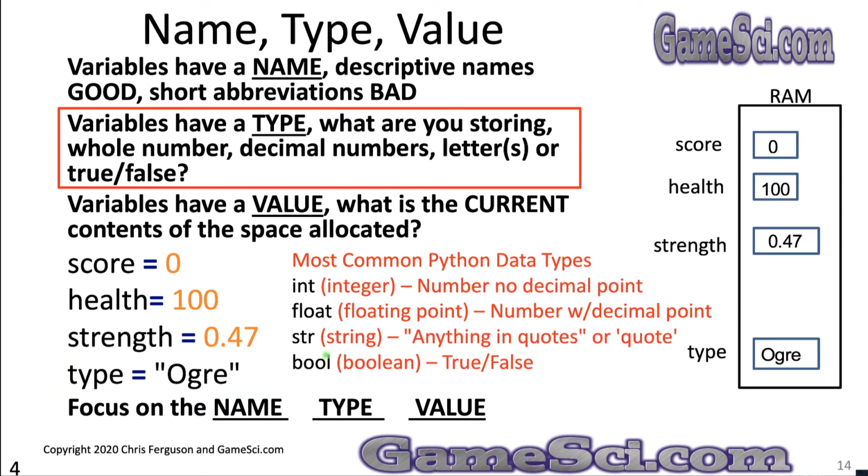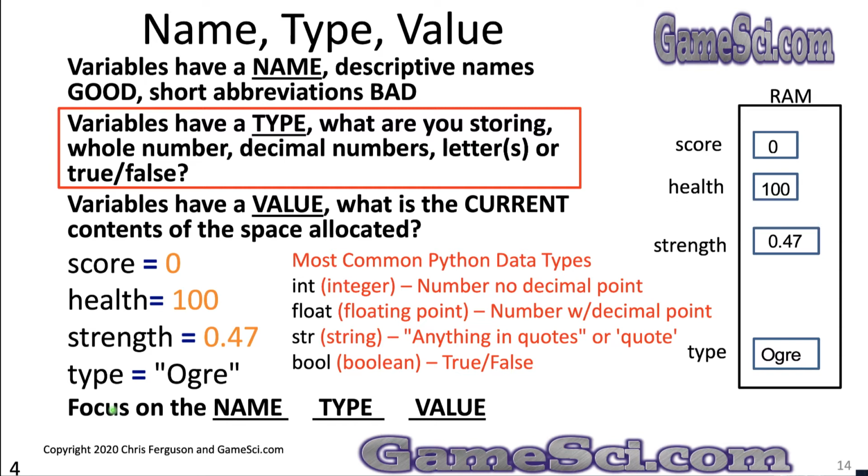Now, variables have a type: what you're storing, a whole number, a decimal number, letters, true or false. Notice I called this variable type. I wanted to bring it back to video games, because in video games you battle various types of enemies. You'll battle ogres, or dwarfs, or trolls. They're different types of enemies, and we've come to understand that. What I'm trying to get you to understand is variables in Python have types too. Instead of ogres, trolls, and dwarfs, like we battle in a video game, Python has variables like ints, floats, strings,